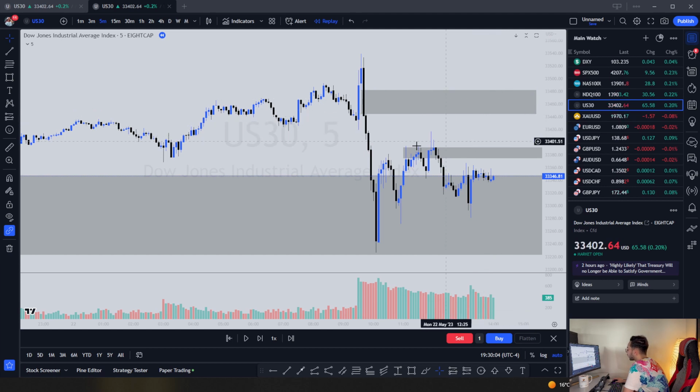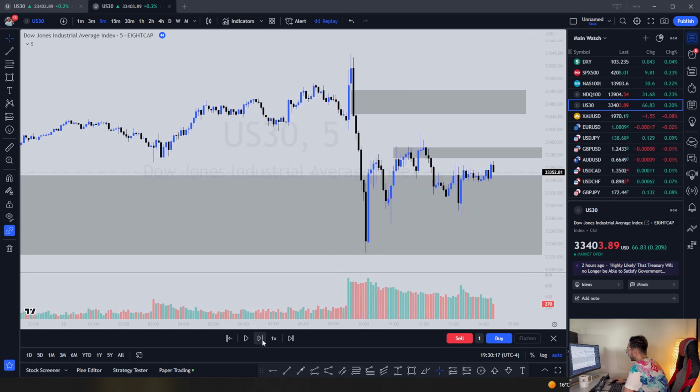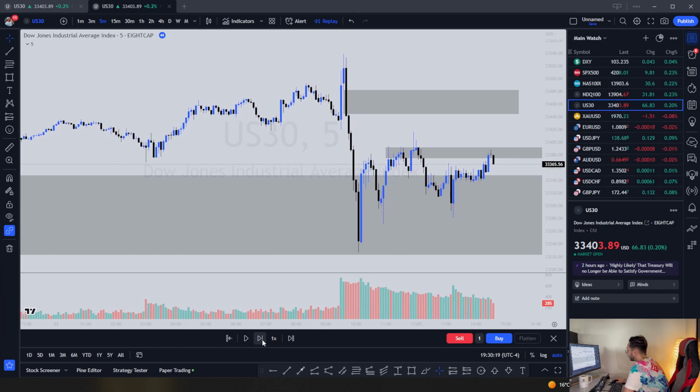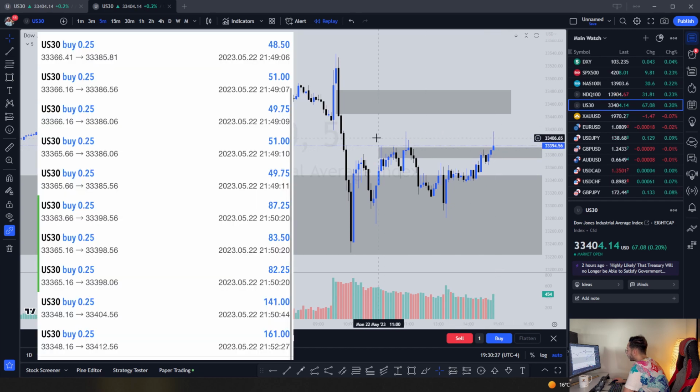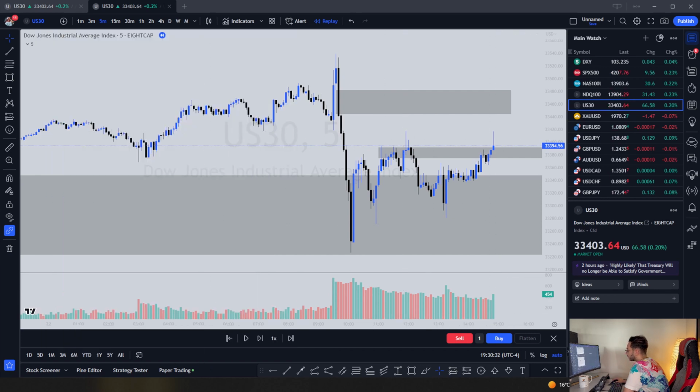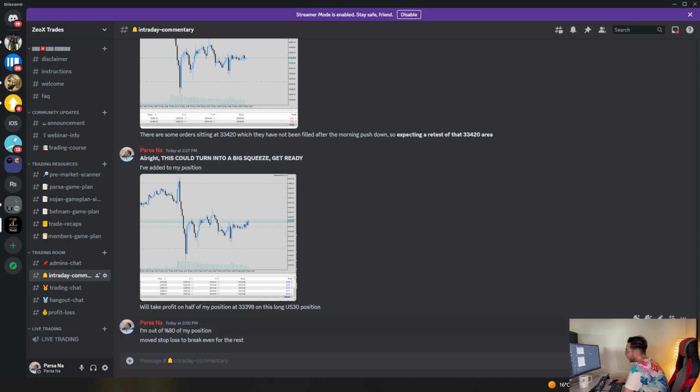But unfortunately, the market did not move that higher, but we still managed to make a decent amount of profit on this trade. Now, if I play this forward, you guys can see how this played out. We had a quick move up on this candle and a rejection. So that's where I took profit, at the top of this wick. And if we go on Discord, that's where I say I'm out of 80% of my position, moved stop loss to break even for the rest,